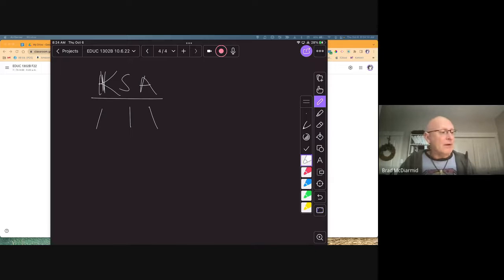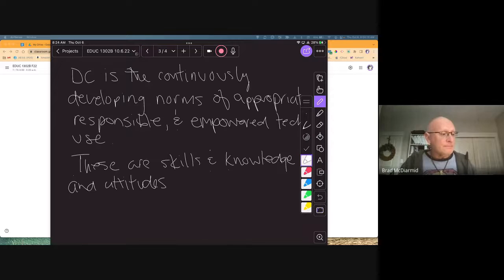So the same idea occurs when we're talking here about digital citizenship. There is knowledge that kids need to know. There's things that they need to know. There are skills that they have to have. And there have to be certain attitudes about how they conduct themselves online and that kind of stuff.